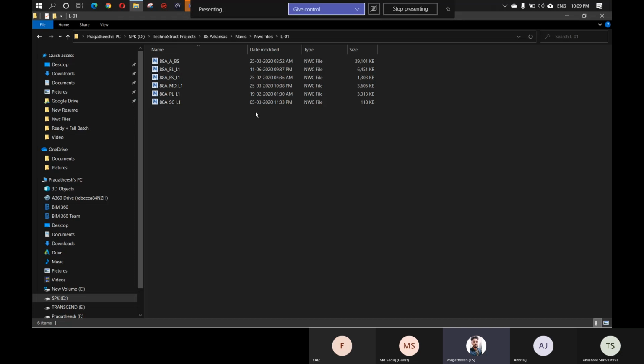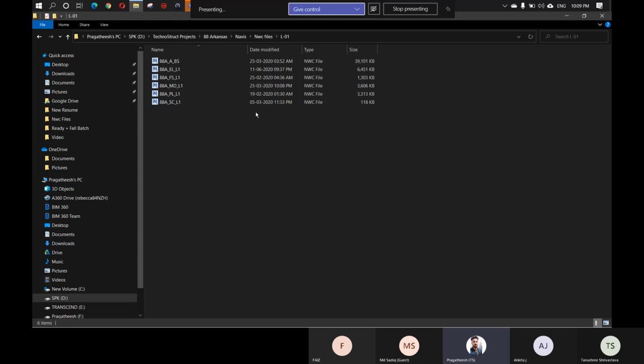Once we have replaced them in this folder, we have to open the NWF file and give update all. Let me tell the same example again. The architecture and mechanical has 18 clashes previously. After the meeting, I am replacing the new NWC file, and when I give update all, it will find the new clashes other than the previous old clashes. These 18 clashes it will not consider. It will consider the new clashes after the changes that happened in the model.